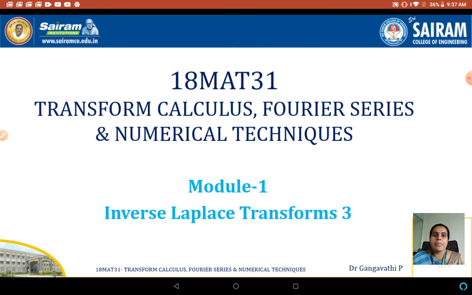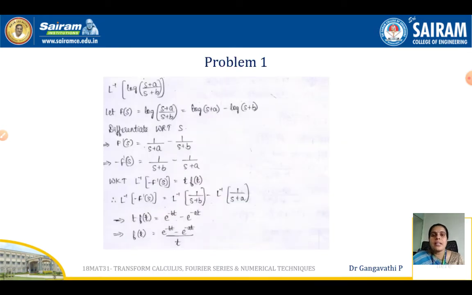to find the inverse Laplace transform of any function. In those three methods, we were working out the problems using different methods. Here in this session, let us continue to solve more problems on the same topic. So let us see problem 1. It has asked us to find the L inverse of log of (s plus a) divided by (s